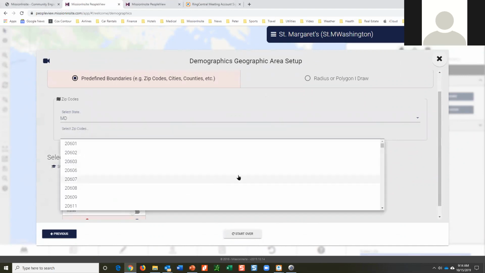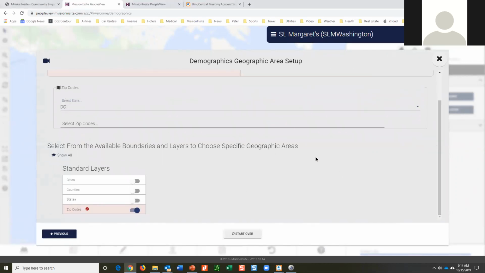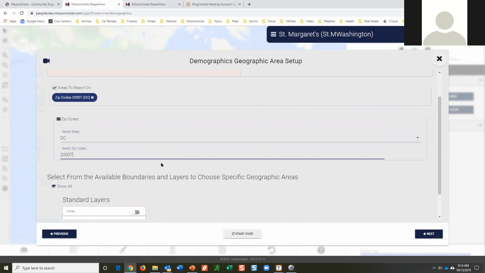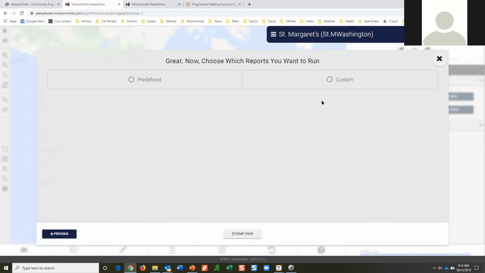Well, let me do DC because I know all of DC is in the diocese. So I'll now select a zip code, and I'm just going to choose this one for now. Once I click on that, it activates it and says, here is what you are ordering. The next button appears in the lower right-hand corner. You click on that. It will then say, what kind of report would you like?